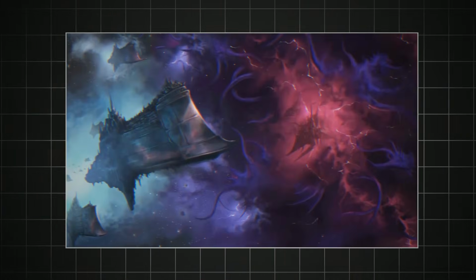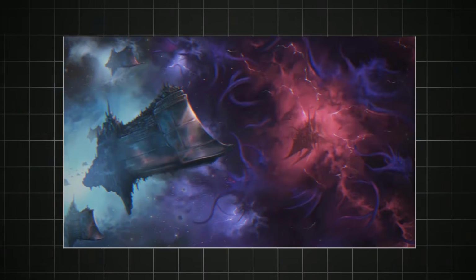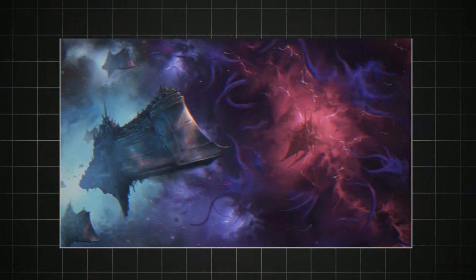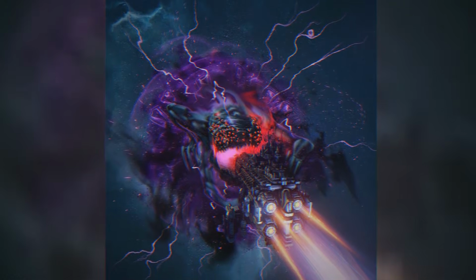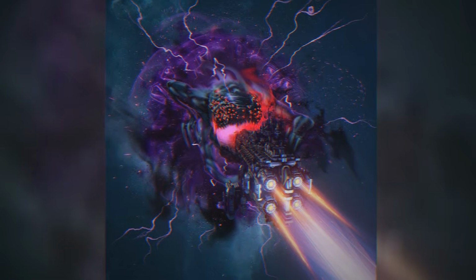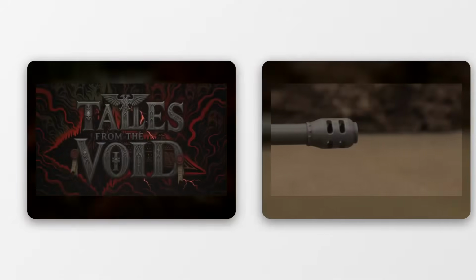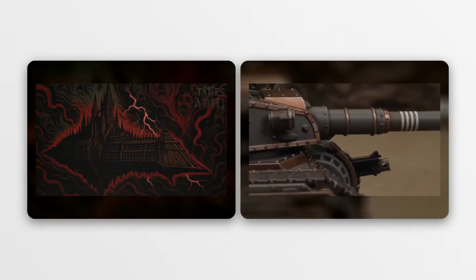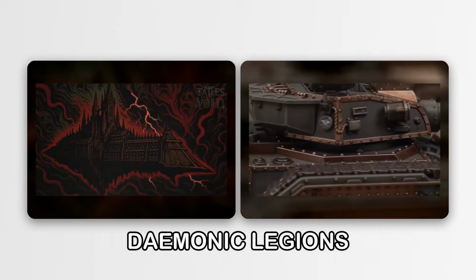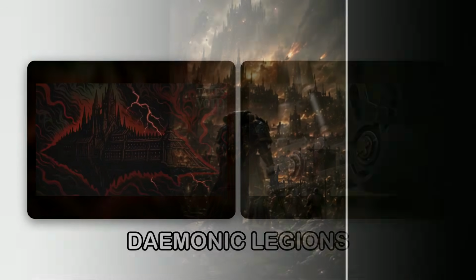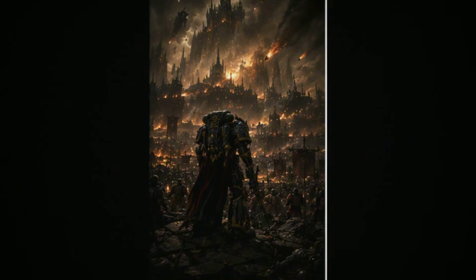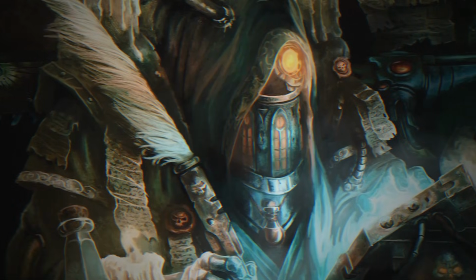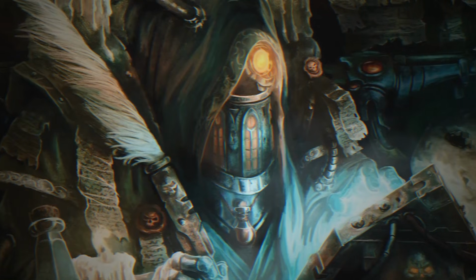This colossal tear in reality, a cosmic scar stretching across the entire galactic core, was the culmination of millennia of psychic torment and demonic incursions. It was as if the very fabric of space-time had been ripped open, unleashing an unimaginable deluge of warp energy. Warp storms, previously localized phenomena, now raged with unprecedented fury, swallowing star systems whole and manifesting demonic legions across previously safe Imperial worlds. The sky itself became a canvas of madness, painted with roiling, malevolent energies that defied all natural laws. Billions of Imperial citizens, caught unprepared by this sudden cataclysm, were lost.